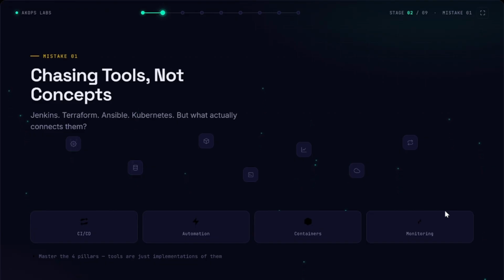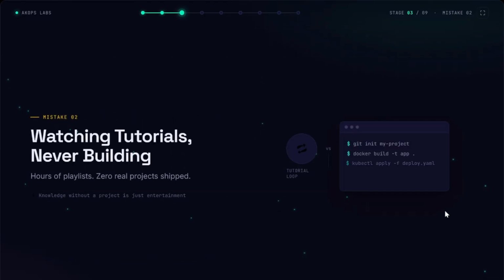Mistake number 2: watching tutorials without building projects. Watching videos and courses is useful, but watching alone will not make you a DevOps engineer. Many people spend hundreds of hours watching tutorials, but when asked to build something, they don't know where to start.